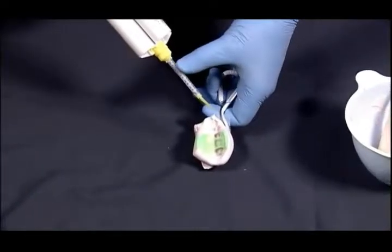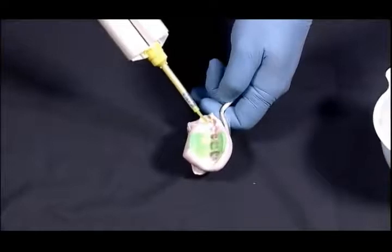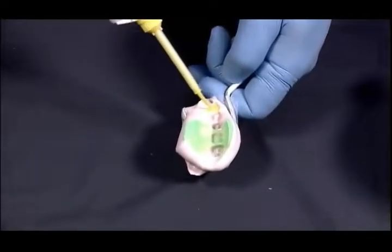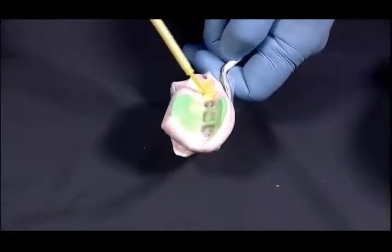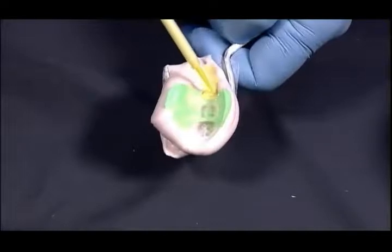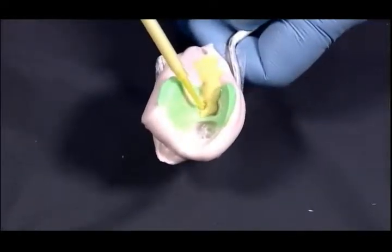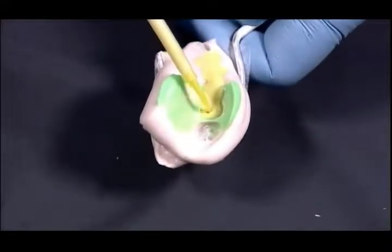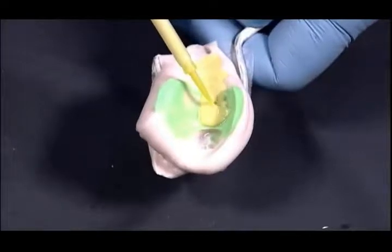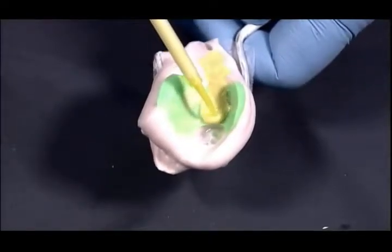so that you'll see the materials coming out of the dual cartridge that they'll be mixing in the tip. And sometimes that very first mix isn't exactly what you want it to be, so you'd probably do this outside the die, but for these purposes, I'm doing it on the model so that it's not messy here in the studio. And then I'm going to go down into the preparation, trying to keep the tip submerged inside of the preparation at all times, and trying to get all the detail that we can get out of that